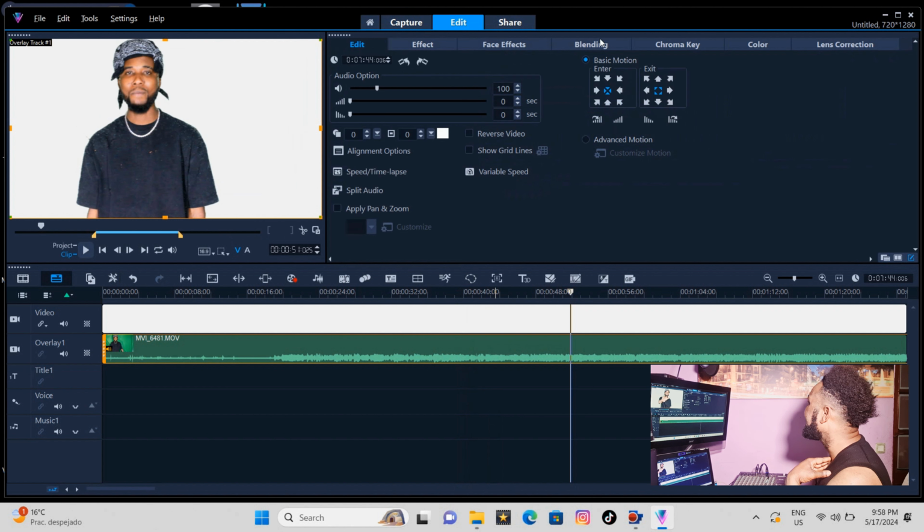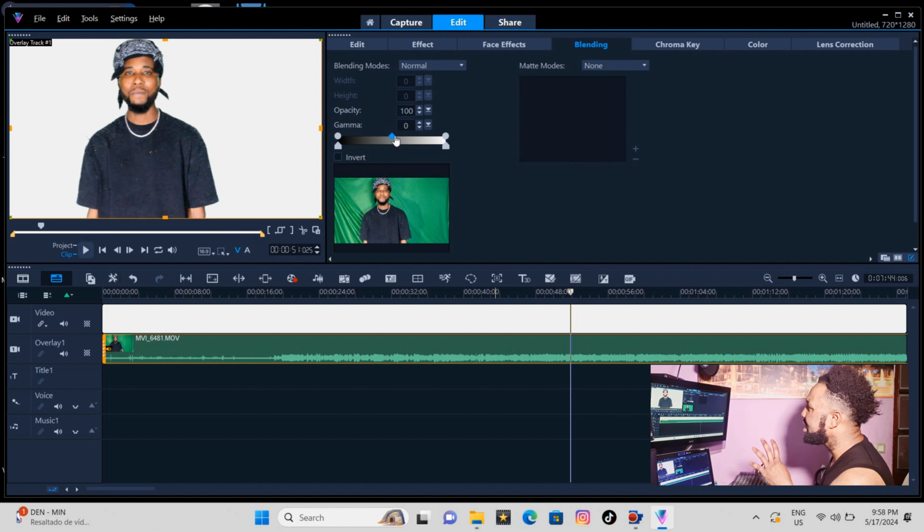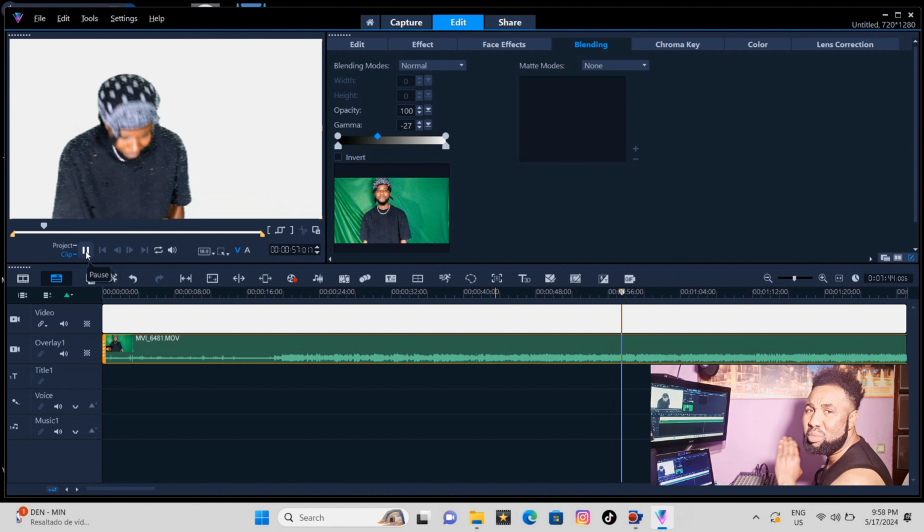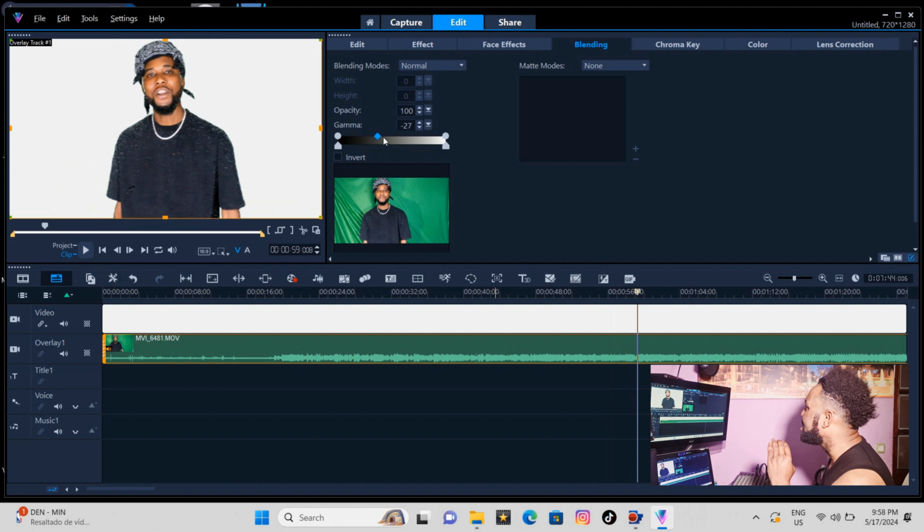Then you have to double click it. Then you go to blend. You have to come to this blending, to blend everything. So now the blending will give you an option here to blend everything, depending on the stain. Now you can adjust it here, depending on how you want it to be, so blend it. You see, there is no more stain. No more stain, no more noise, you understand? I can see some little stain, so you blend.